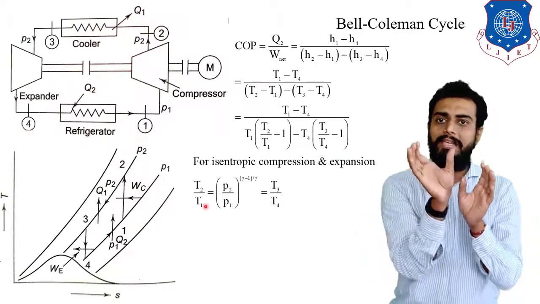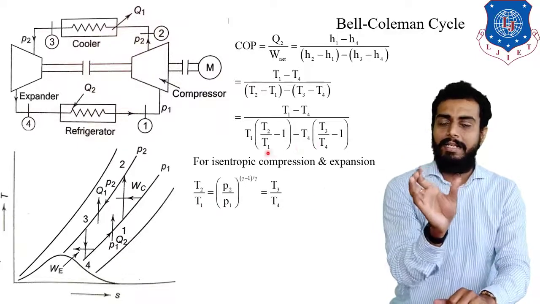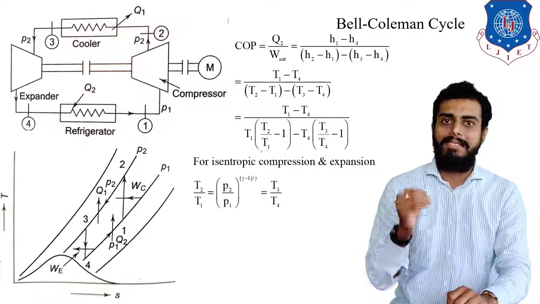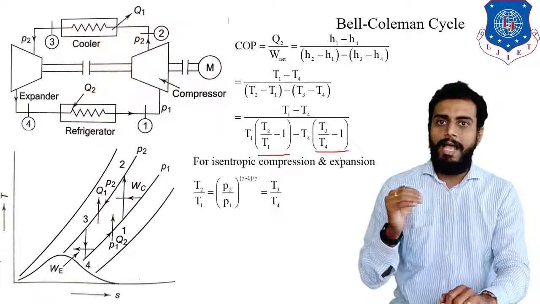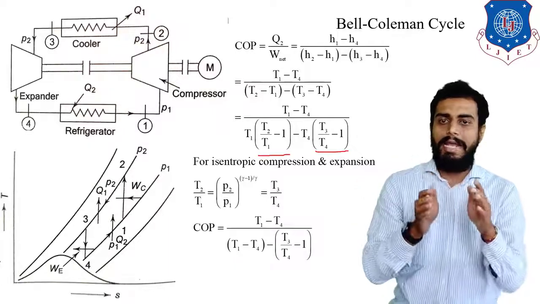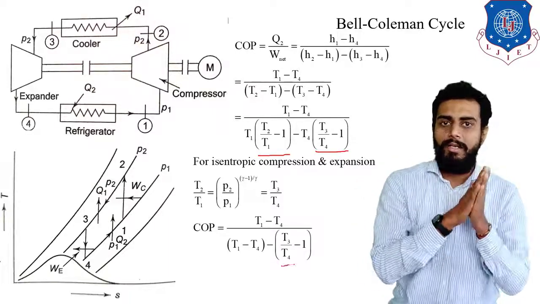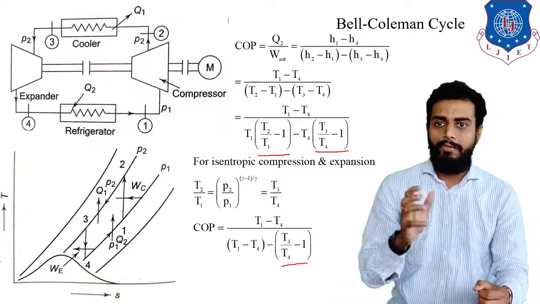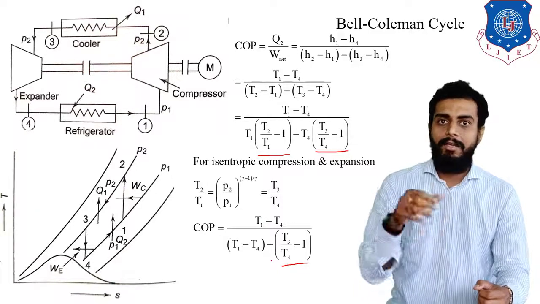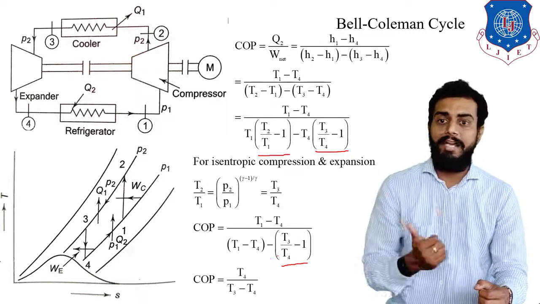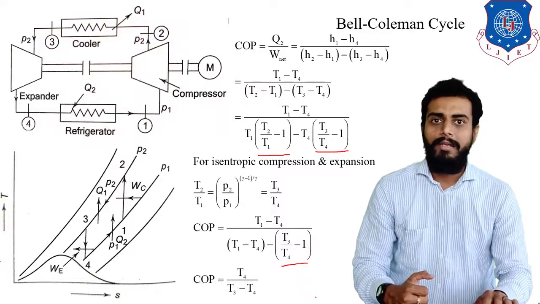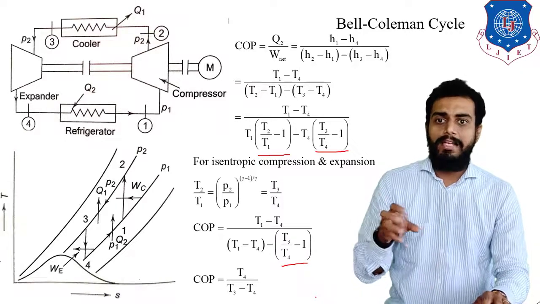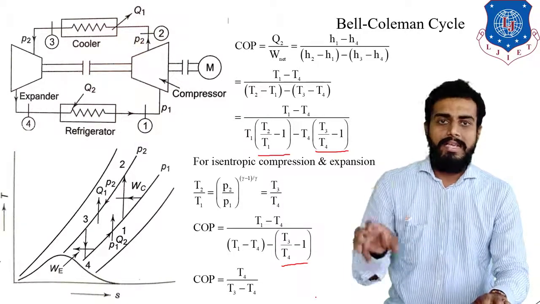So what we can do is we can take that bracket in the denominator as common. So we can write the revised equation of COP as T1 minus T4 divided by T4 into bracket T3 by T4 minus 1. So here from the numerator and denominator you can cancel the T1 minus T4. So what are we left with? Simple, take LCM. So we will have T4 divided by T3 minus T4 as the COP. Remember students, this is our COP.